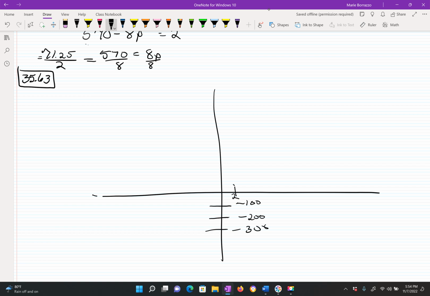So I'm going to go with 2. This is 4. This is 6. This is 8. Let's go 10, 12, just for the sake of it. Okay, on the other side, I'm going negative 2, negative 4, negative 6, negative 8, negative 10. And up here, it's going up by 100. So 100, 200, 300,